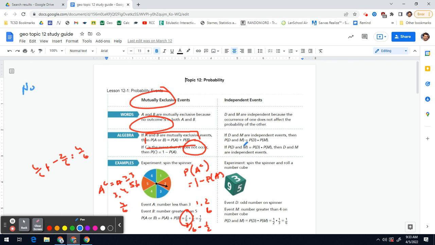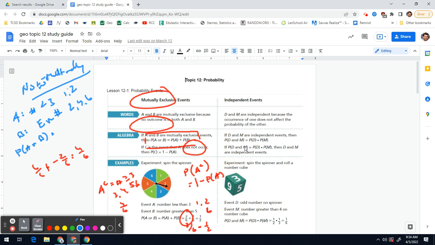This is a big idea. So if they're non-mutually exclusive, so for instance, how about these two events? How about A, a number less than 3, but now how about B, an even number? So the numbers less than 3 are 1 and 2, and then your even numbers are 2, 4, and 6. Okay? So we have a probability of A or B, sorry for the sideways writing, equals,